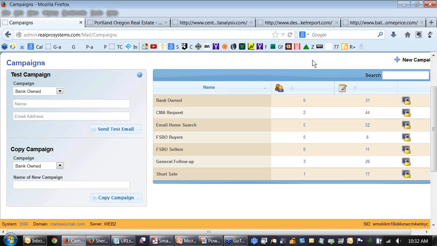Yeah, and the cool way that RealPro does it is they're not actually sending the video in the email. They're taking a picture of the video and sending it out so it doesn't get caught up in spam blockers. And the second thing that's cool, because what I used to do is put links to videos in my emails, and I did the videos on YouTube. Well, with RealPro, you do the video, you post it to YouTube, you push a button that syncs them all over to RealPro. So when you're actually watching the video, instead of taking it to YouTube, where the buyer or seller can see all of your competitors, it's taking them right to my RealPro site. So the video actually plays on my site.